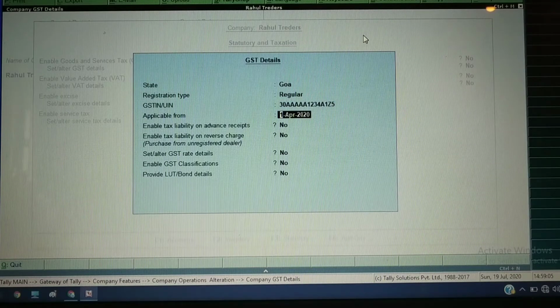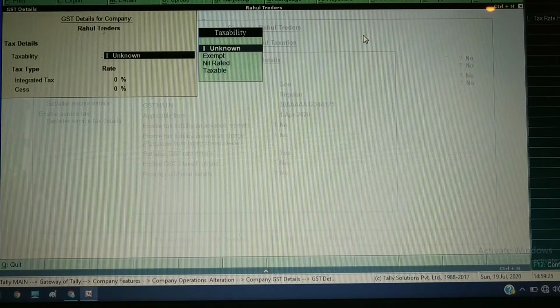And if you have made any mistake here, then it will show it down. So now we will accept this complete application form, meaning whatever financial year we have taken, the same financial year it will take here. And in the previous video, we had set the alter GST rate option to yes. Whenever you take enter here, if you want to apply a specific GST at the company level, meaning for all items we are creating in the company the same rate will apply. So now I don't want this, so I will escape this.